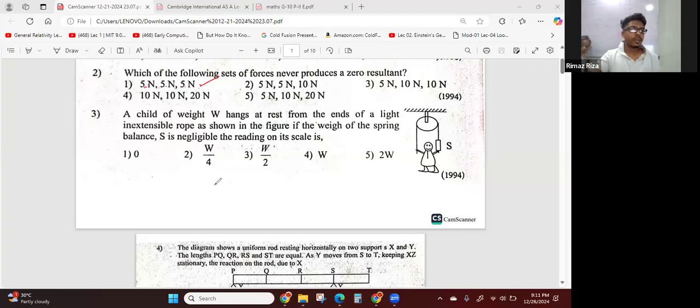And apart from that, when we have a triangle, let's say with lengths A, B, C, so if we take a triangle of lengths A, B, C, then